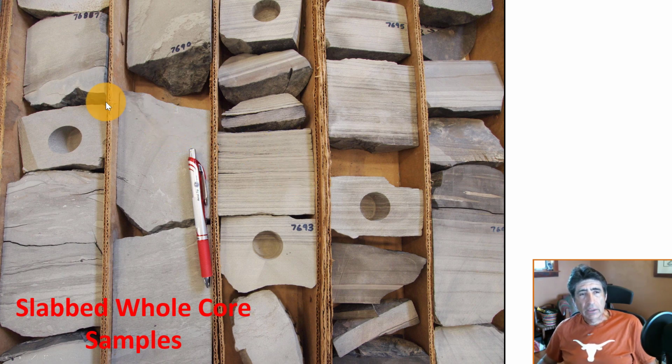And of course, the samples here break because they naturally have a tendency to break once you bring them to the surface. They are no longer under in situ stress conditions, and that releases some of the fluids. And there are several different ways to preserve these rocks. Some of them are preserved under very low temperatures. Sometimes they have a paraffin cover. It really depends what you want to do with them afterwards, to do analysis of the fluids, analysis of the petrophysical properties. So in some cases you want to preserve the fluids in the rock so that they look the best possible as they were in situ original conditions.